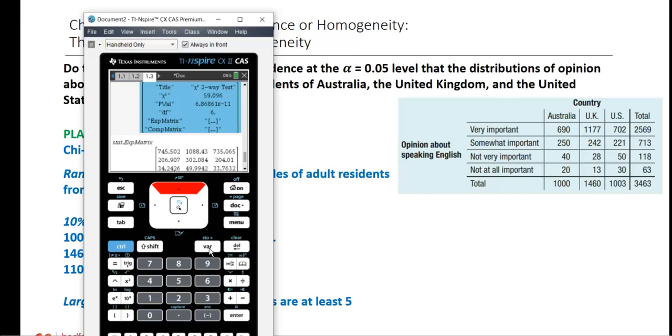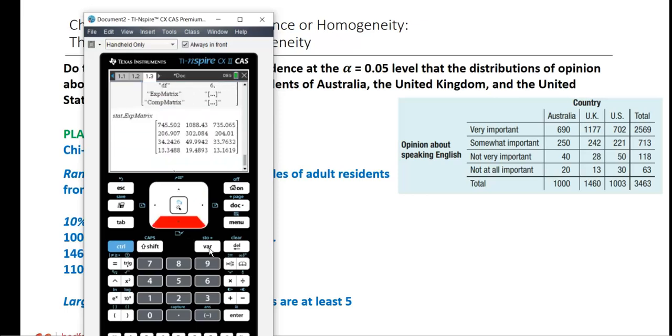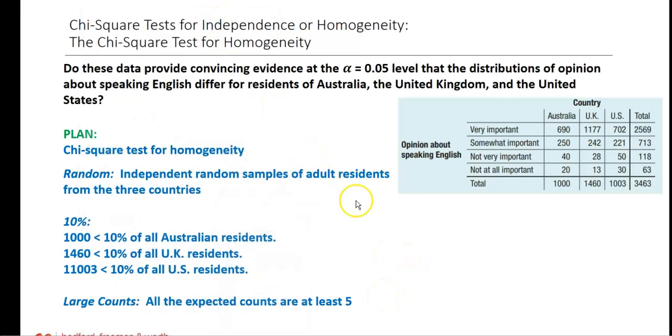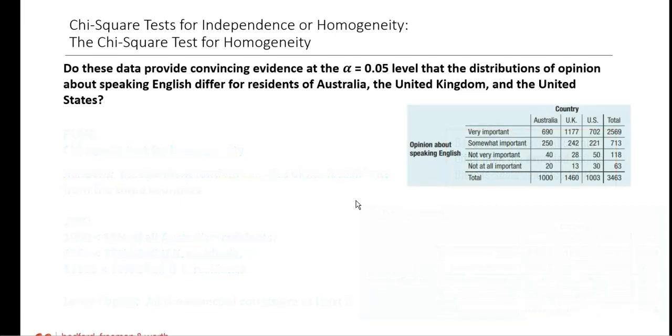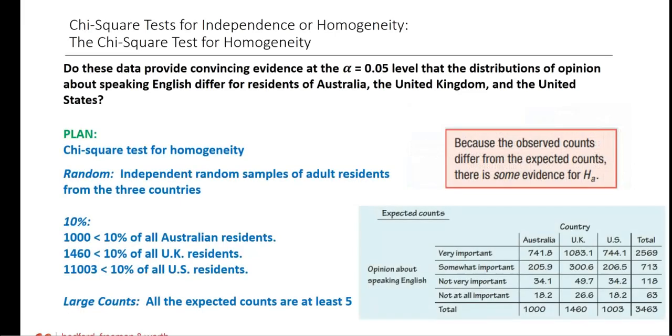It's a scientific notation number. It's like 0.000006. Sometimes we just say the p-value is approximately 0. It's okay to say that. I'll see what they say when they do it. But we get all those values. And so all expected counts at least 5. You have to write those down in your paper somewhere. You can put it as a table, as a list, whatever you want.